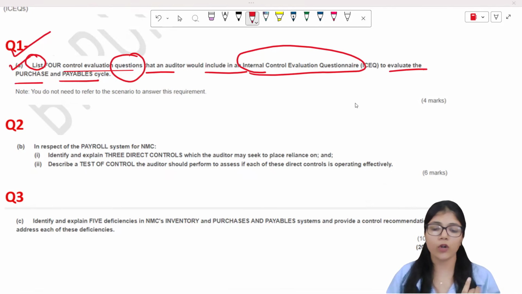So over here you can talk about authorization. How does the company ensure that the payments I'm making for the payables or the purchases are authorized by the relevant people, or that the suppliers I choose are from the authorized list or not? So I will ask that question. I can also ask, how does the company ensure that all the invoices they have received from the suppliers are completely and timely recorded in the payables ledger? All of these questions I can ask the payables ledger clerk.